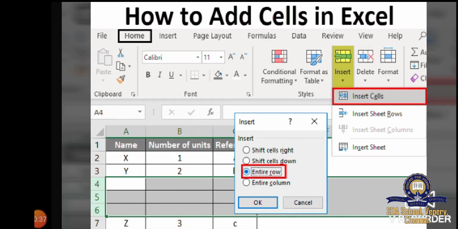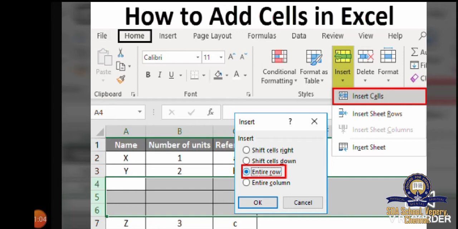When new cells are inserted, it is to be noted that even rows and columns can be inserted from this dialog box. The Entire Row option inserts a new row. A row always gets inserted above the selected row. The Entire Column option inserts a new column. A column always gets inserted to the right of the selected column.